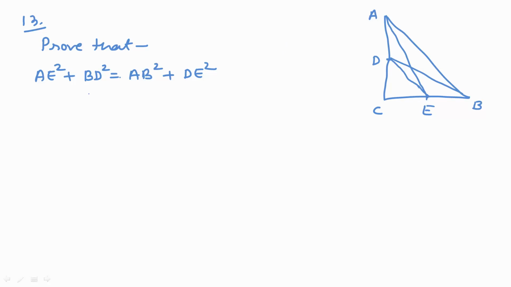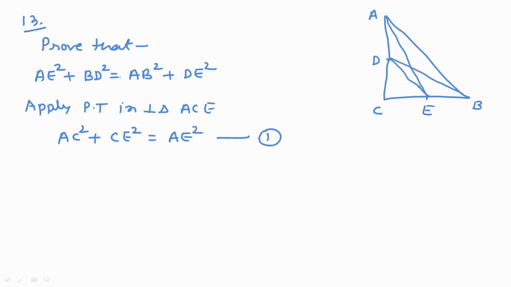First, apply Pythagoras theorem. Apply Pythagoras theorem in right triangle ACE. In this triangle ACE, AC square plus CE square is equal to AE square. This is number first. Now triangle BCD,